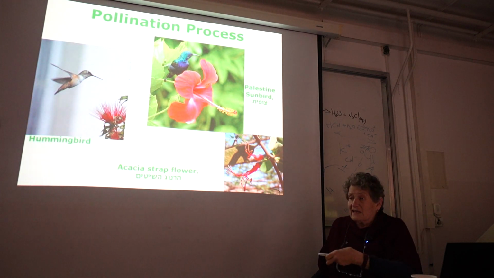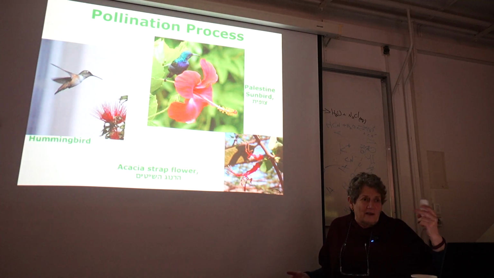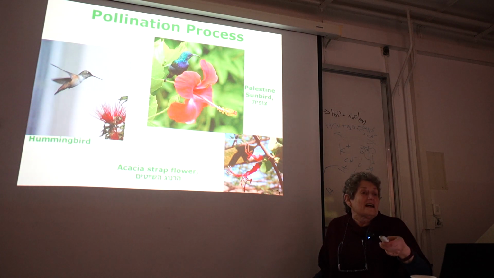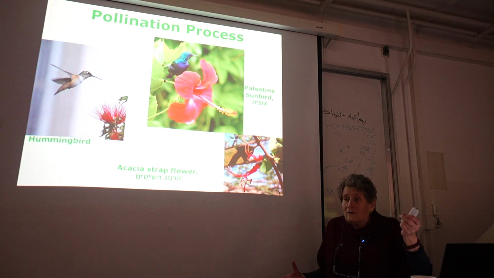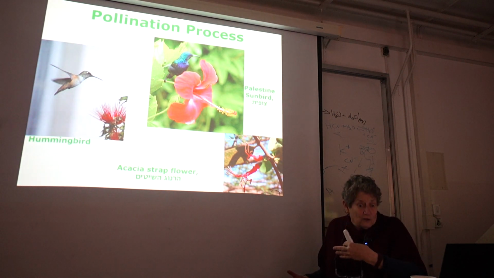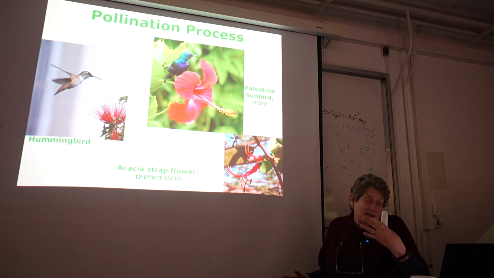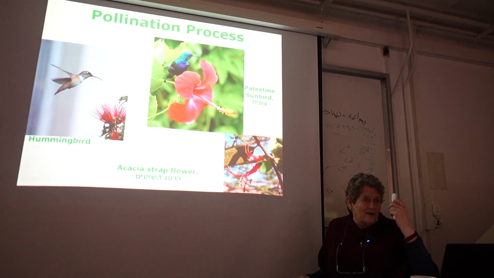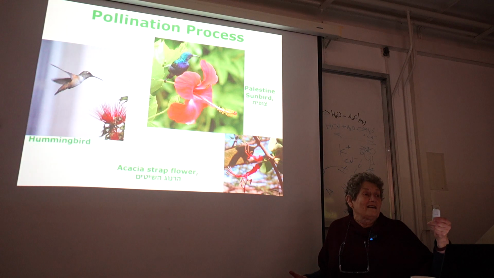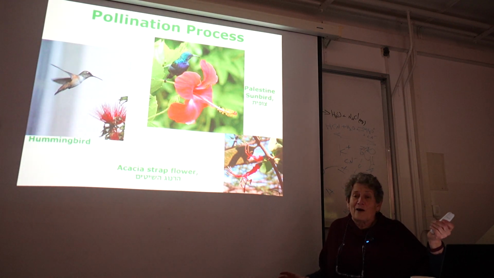But of course, in this region, for example, we don't have acacia strap flowers, and the hummingbirds have found garden flowers or also some of the native species that are just right for their beak. But what do they do when the flower isn't